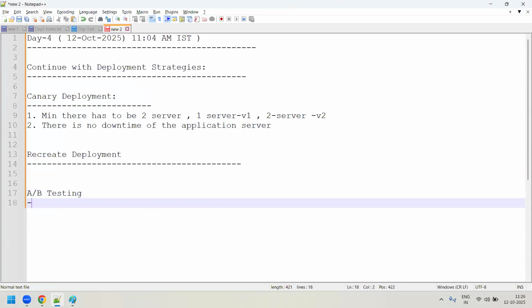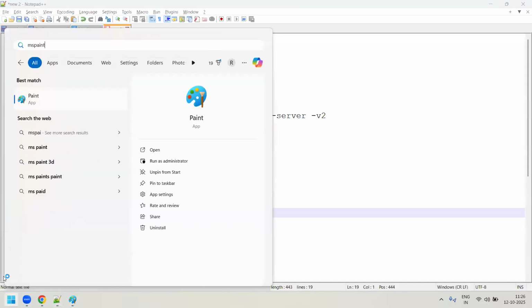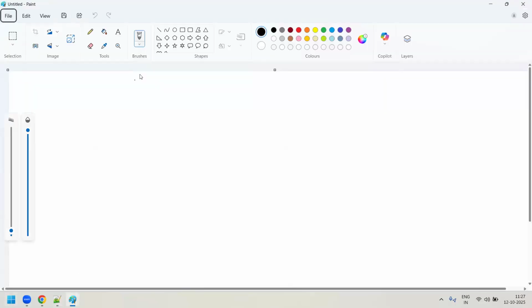Okay. There is one more thing, A/B testing, which is also quite interesting. Many organizations use it actually. So in A/B testing, what they do is they will have multiple versions of the same application. Say, for example, you have an